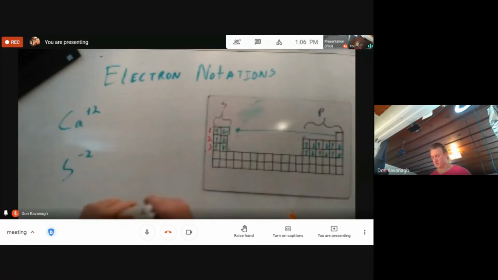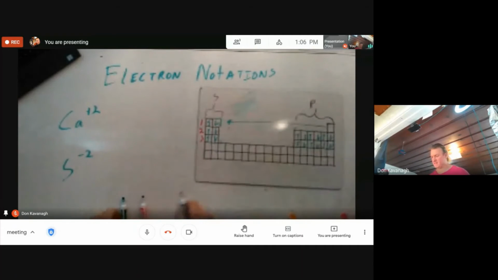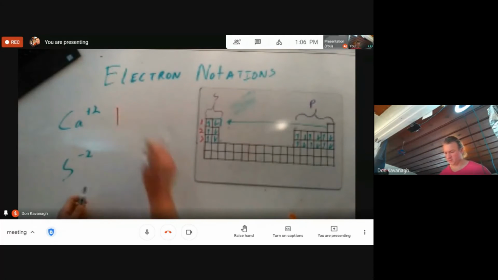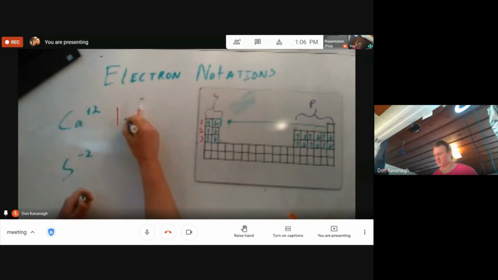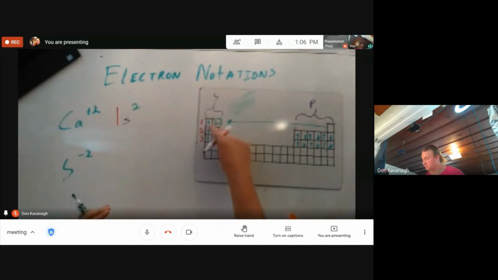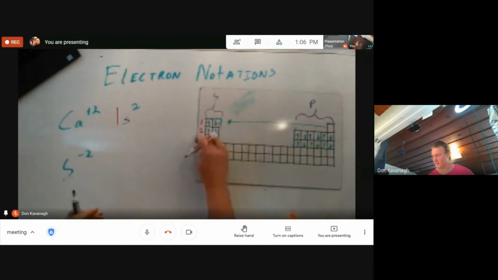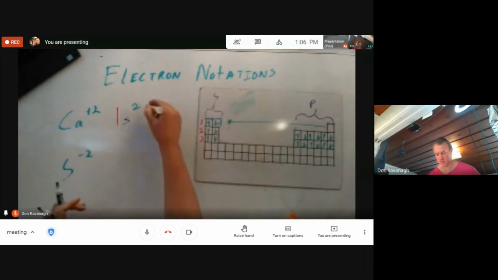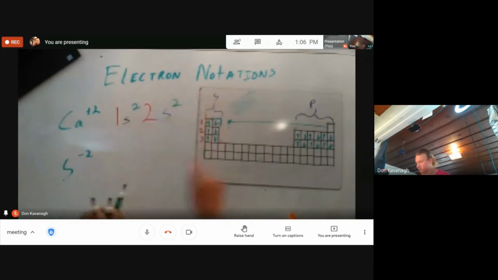So to draw out our electron configurations, I'll try to keep my colors straight here. We have 18 electrons to account for. There is a 1s, and there are 2 electrons in there, so I'll do that in green. And then there is a 2, and I'm just reading left to right and going down like you're reading a book. 2s2, and then reading across 2p6,